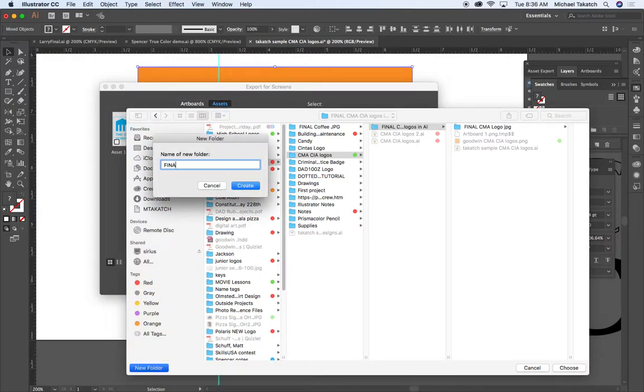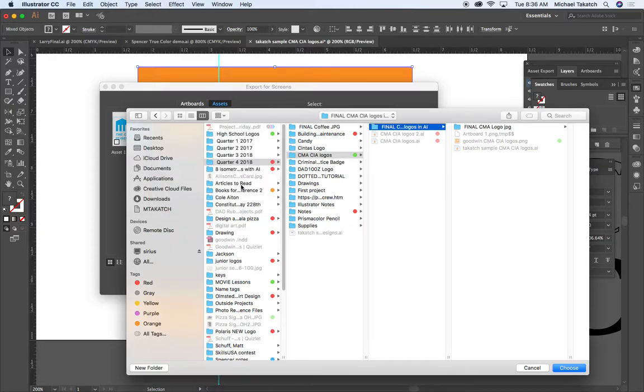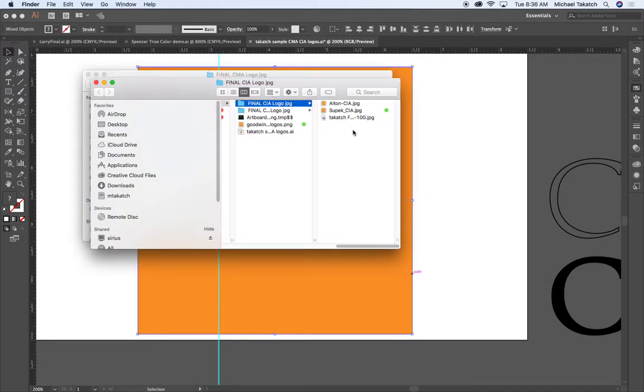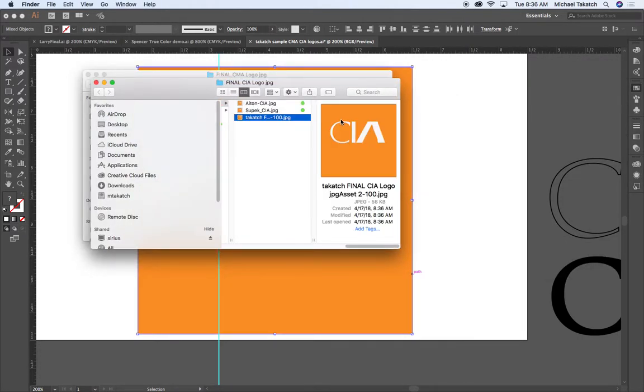Hit create. I'll put that in there and then the choose. And again, this is the prefix that'll have your name in there. When you export the asset, it pops open for you. You can see it right